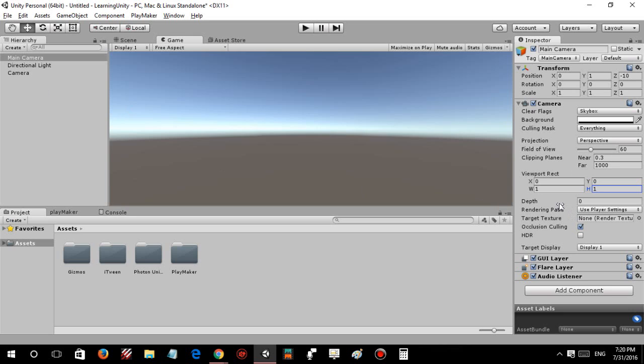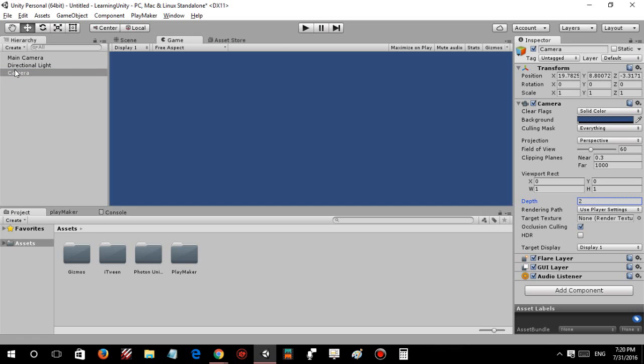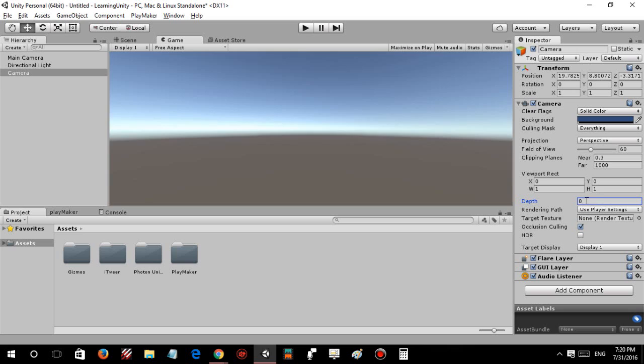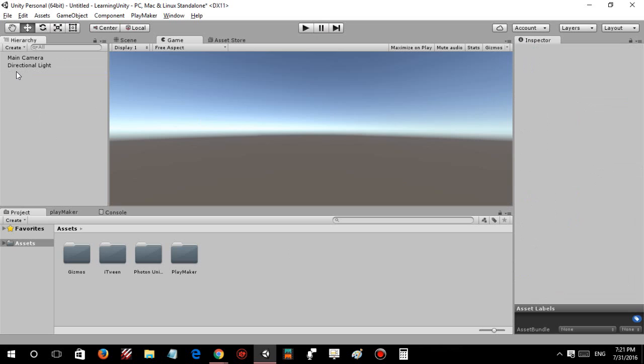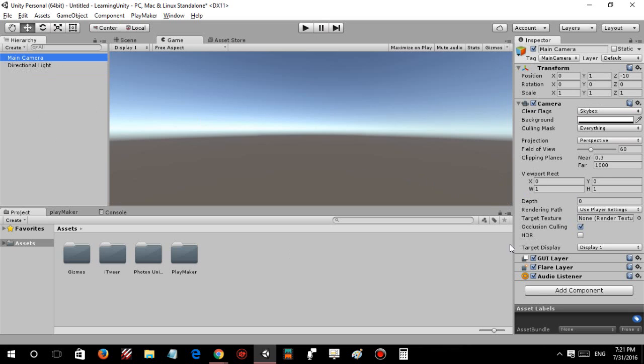Now we're gonna look at depth. Depth is basically layers of camera. Suppose we have two cameras right here and the depth is set to 0 in both of them. If I bring this forward, then it is going to be depth 1, and if I bring this more forward, then this camera will snap up. So that's how basically depth works. So I'll delete this camera, we have no need of it,